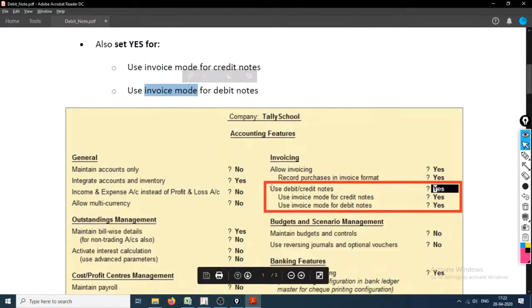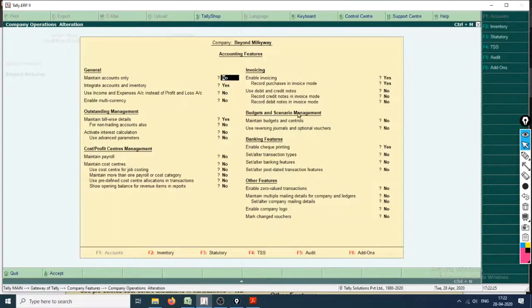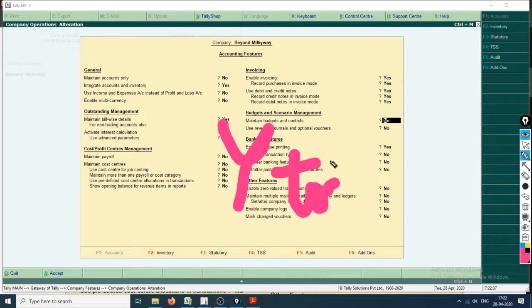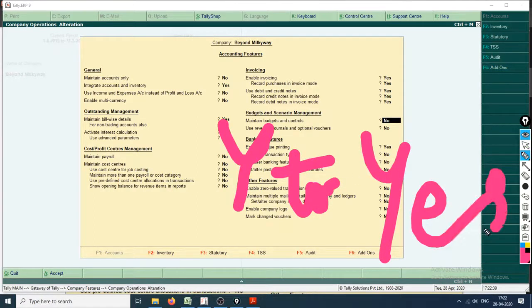Where are you? Right here. So do we have the same picture? Yes, right here. Click on it. Set it to yes. Okay.